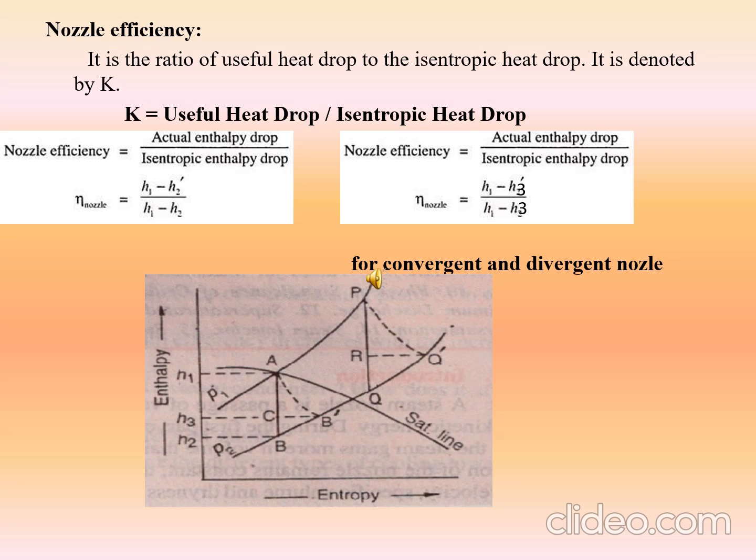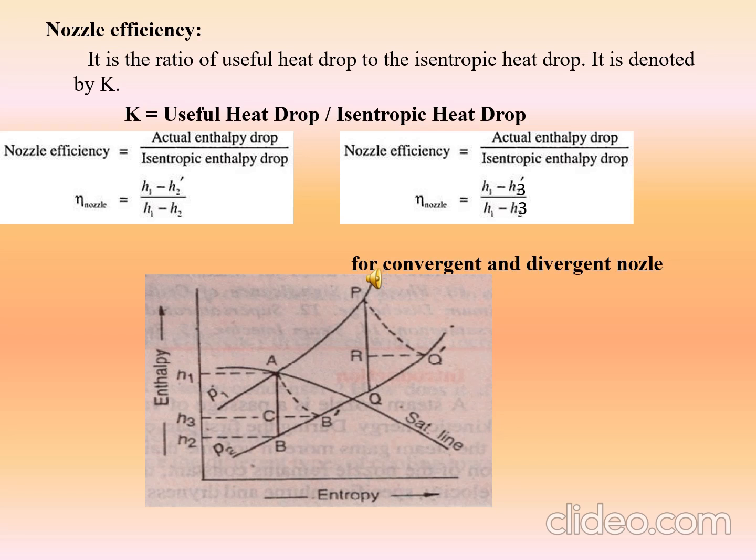So we can say that at B point the pressure is our P2, and at A point the pressure is our P1. Simultaneously, at A point the enthalpy is our H1, and at B point the enthalpy is our H2. We know that a pressure drop is happening from A point to B point. This is the work of the nozzle. Pressure will decrease and our velocity will increase.